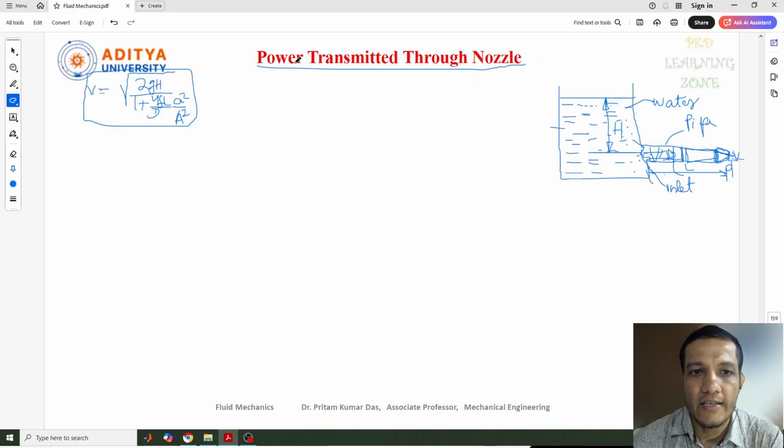Now for the power transmitted through nozzle, we first need to identify the kinetic energy at this nozzle part, because all the energies present during this fluid flow will be converted to kinetic energy when it comes out from the nozzle. That means the pressure energy and velocity energy present in this fluid flow, the pressure energy also will be converted to kinetic energy. So first, let me write the kinetic energy